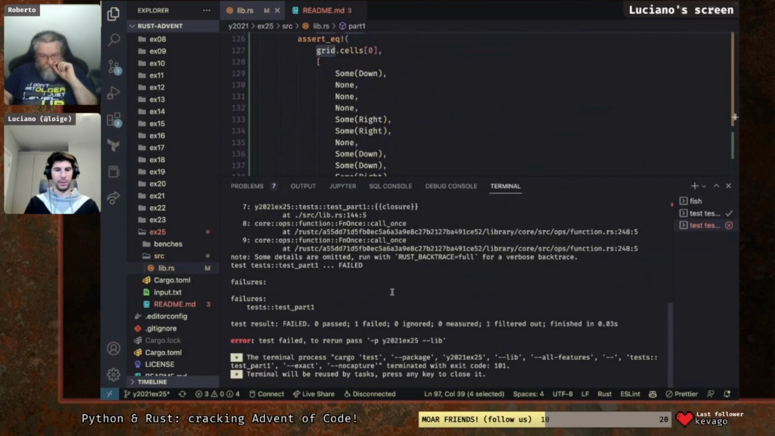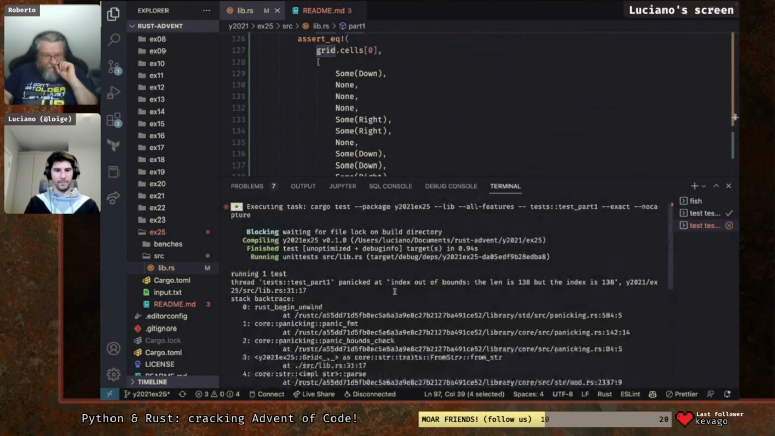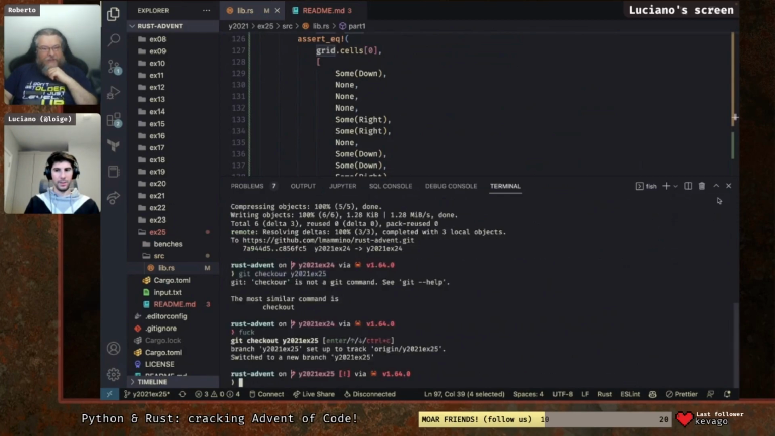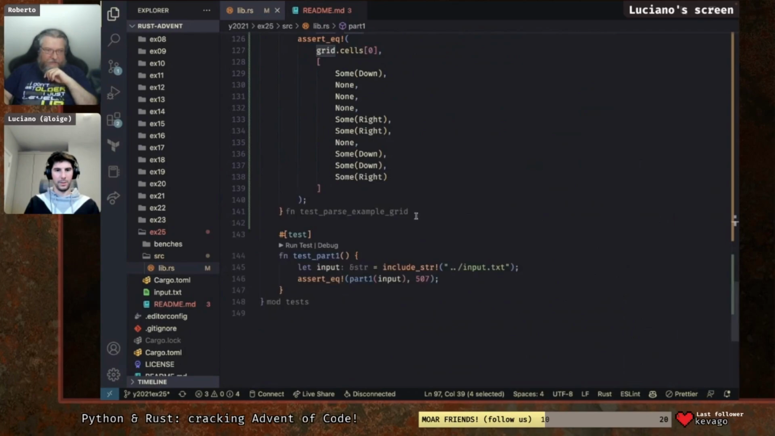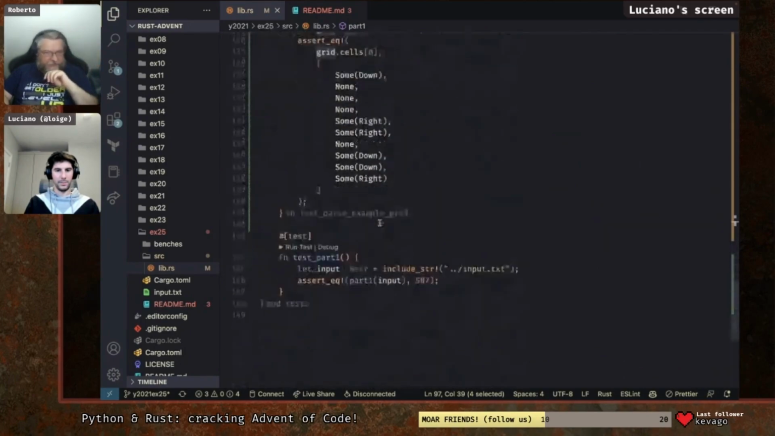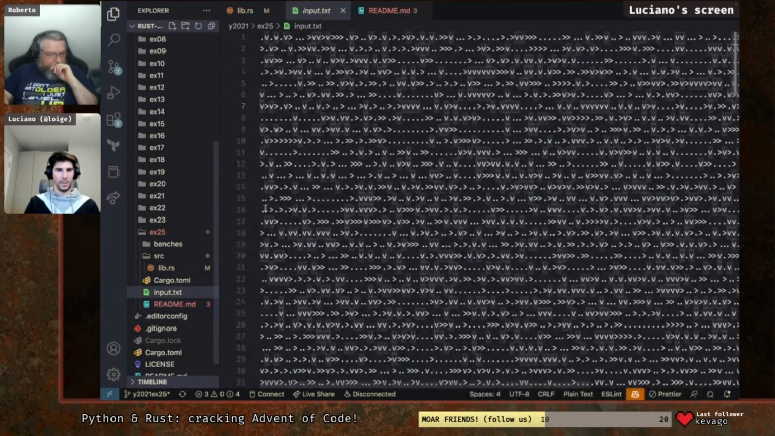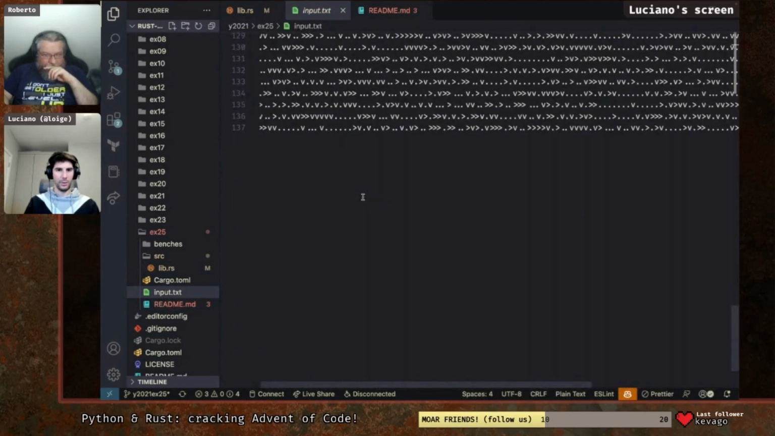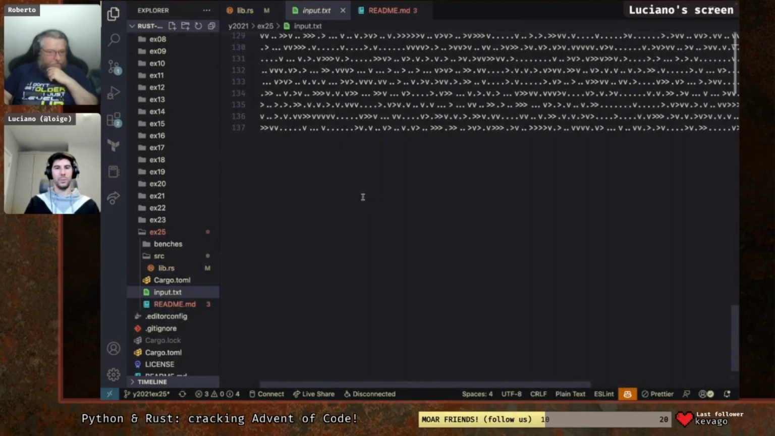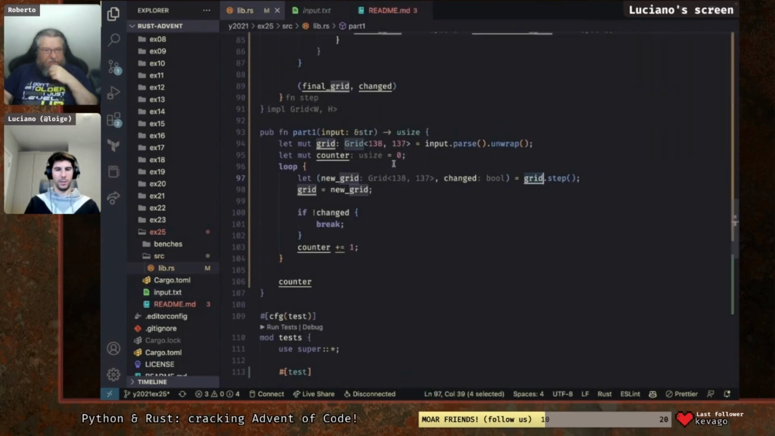It did explode. Okay. Finally, we get an error. Where? Index out of bounds. The len is 138, but the index is 138. So is it 137 by 138? Go in the input, please, take a look how many lines we have. So lines is 137. So was the width plus 1 or width minus 1? It was plus 1 in theory, but